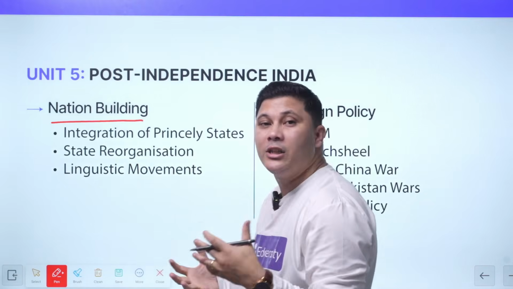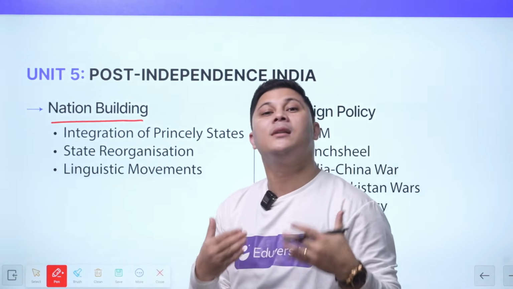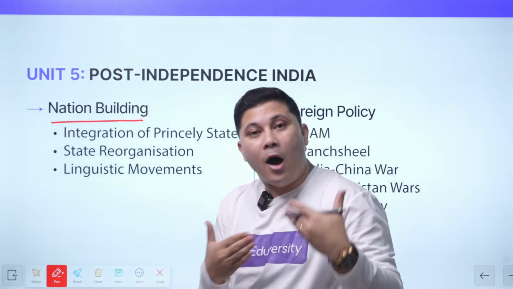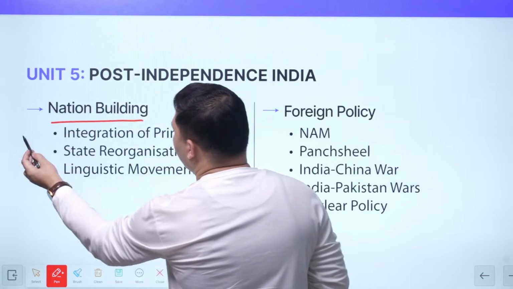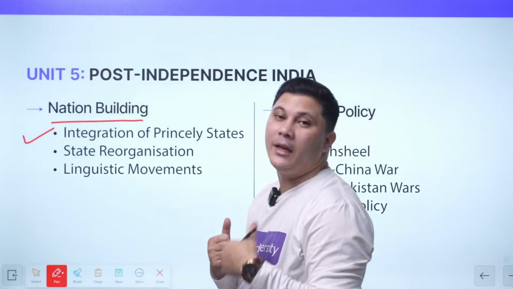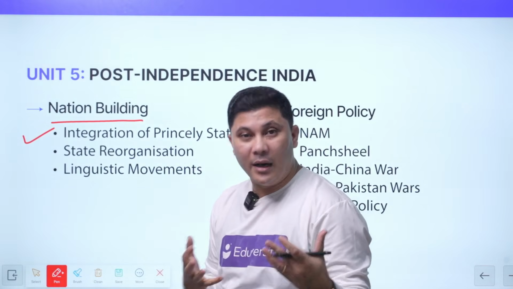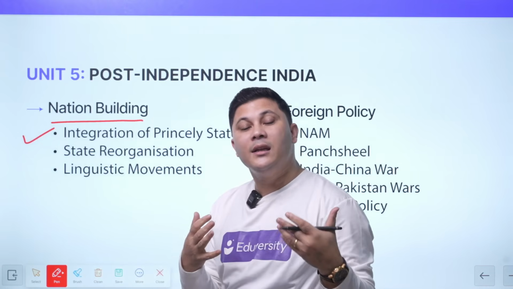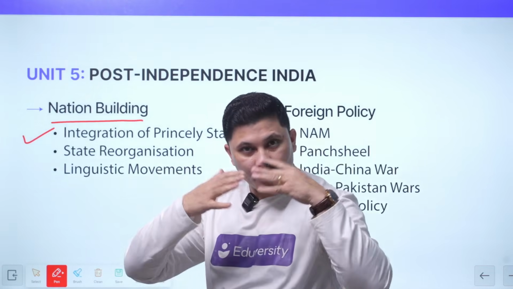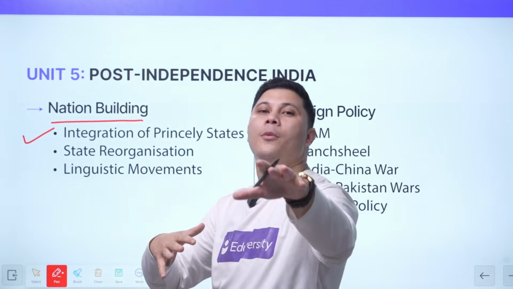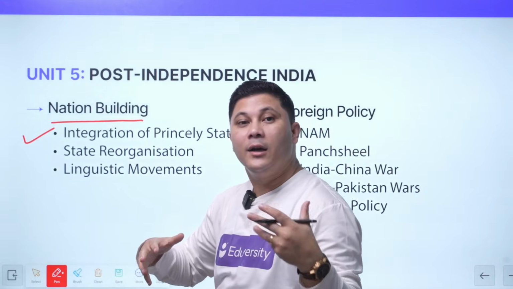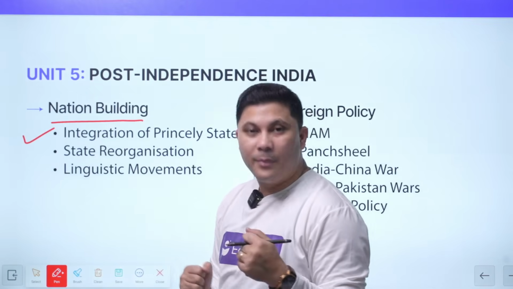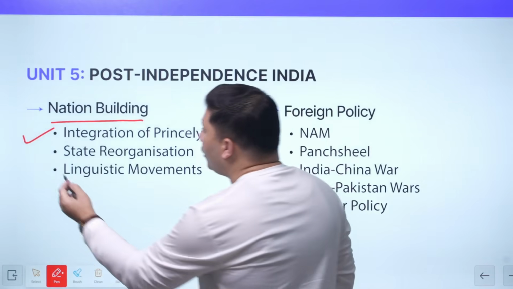How did nation building take place? The British left us in destitution. So how our founding fathers built the nation, how they integrated the princely states into India, because India was in the making, you got a point, right? And the princely states had the liberty to choose whether to be a part of India or not. So how the founding fathers built the nation by integrating the princely states,